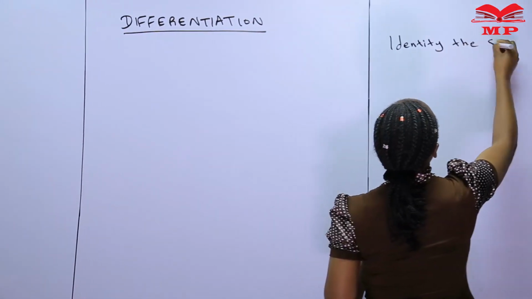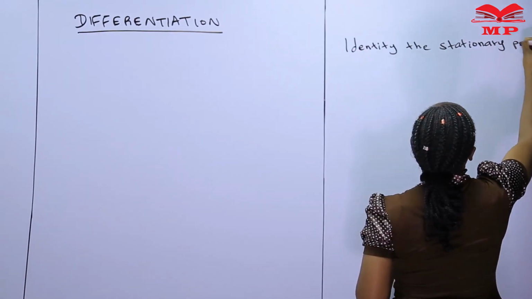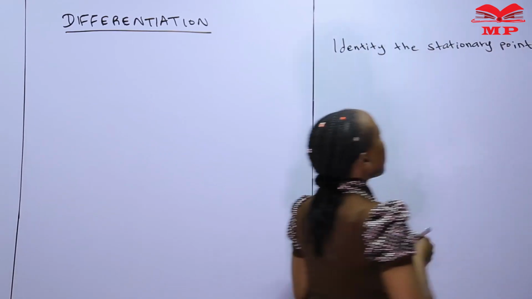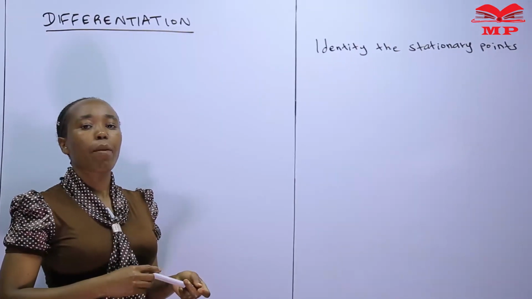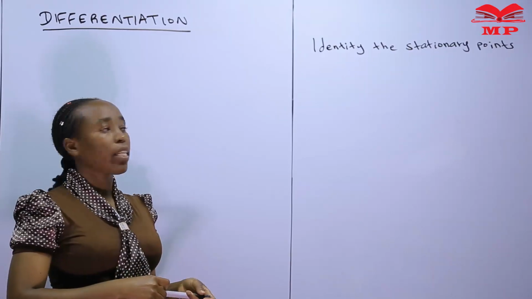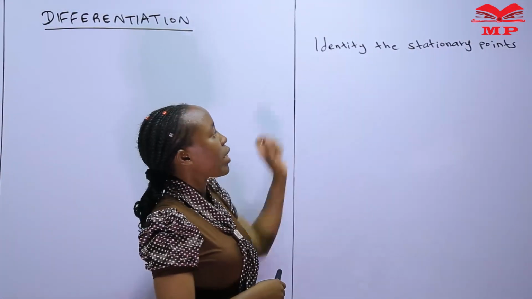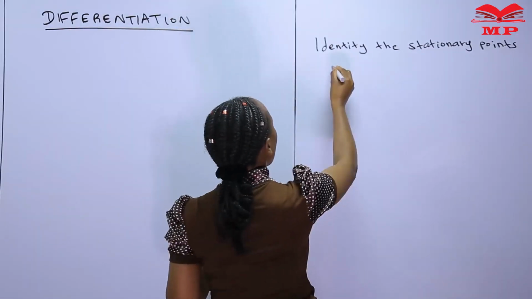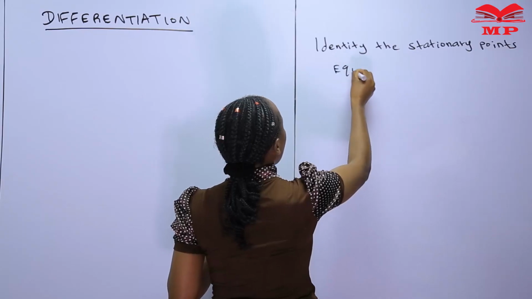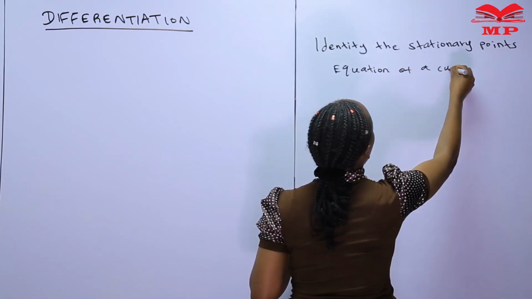the stationary points. Just to remind you, when we talk of a stationary point, it is a point where the gradient is equal to 0. And therefore, when you are told to identify the stationary point and you have been given the equation of a curve,